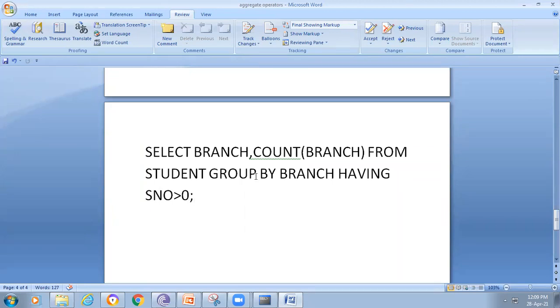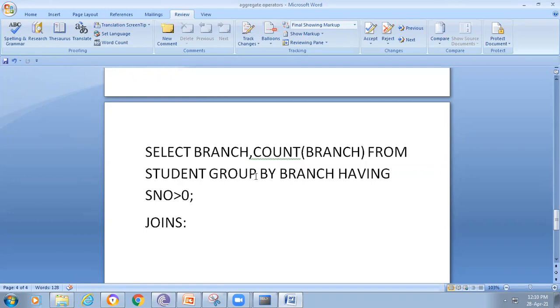Okay, may I continue to the next one? Up to now we have discussed aggregate operators, group by, having, and ordering. Now we will discuss joins. These are the next topics of the third unit. I'm not explaining any extra things, I'm explaining within the syllabus. But I'm not continuing the ER model now, because maybe you would feel bored if I continue the same thing a number of times.